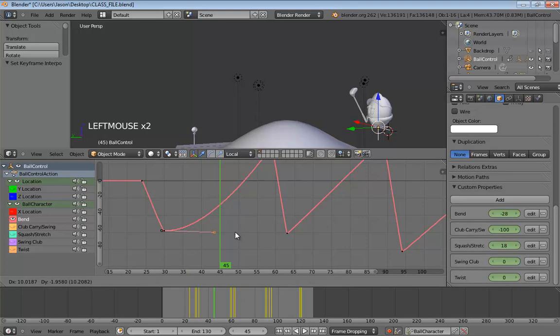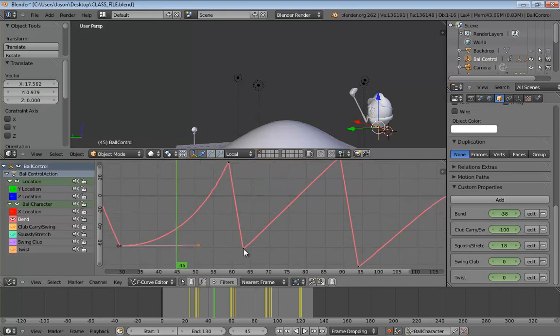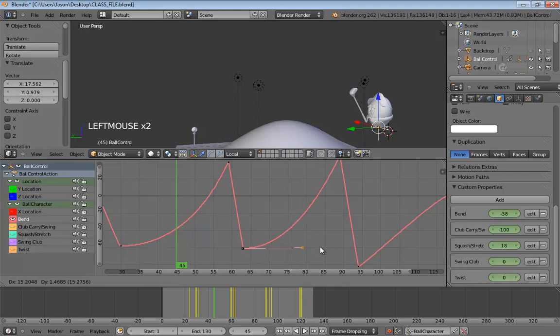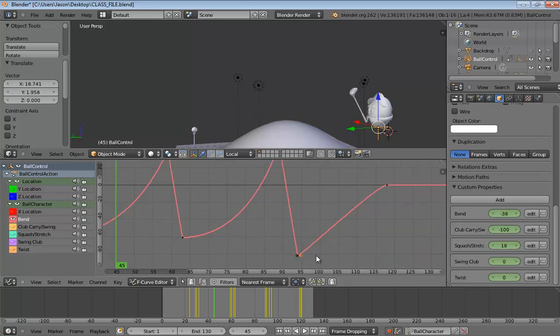So same as before, we want this change to be fast when he first goes into a jump, but then a gradual change as he's coming back down. Now, this is where animation curves are fun to really pay attention to, because this upward sweep of the curve means that he's gradually looking down. It's always good to remember that sometimes the value of what you're actually animating is going to be reversed from the shape of the curve. You should try as much as you can not to associate the shape of a curve with what is literally taking place on the screen.